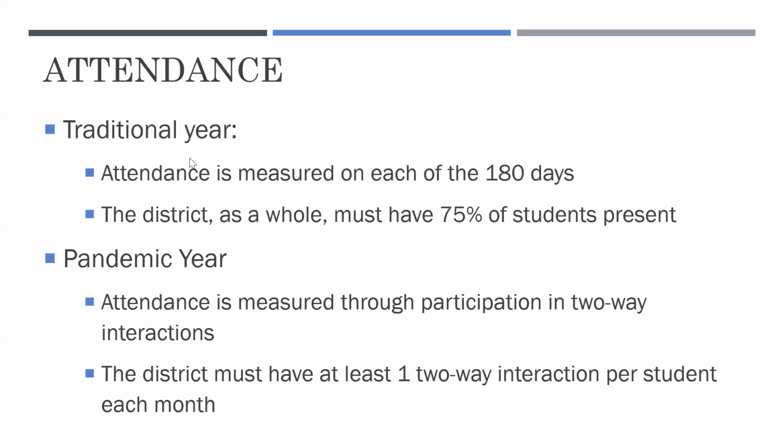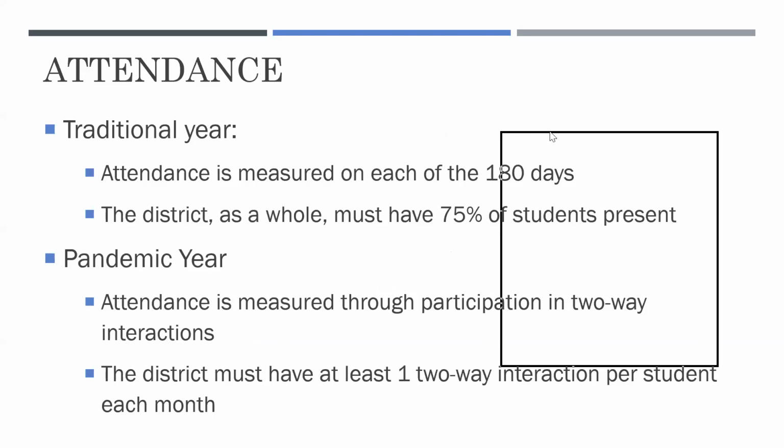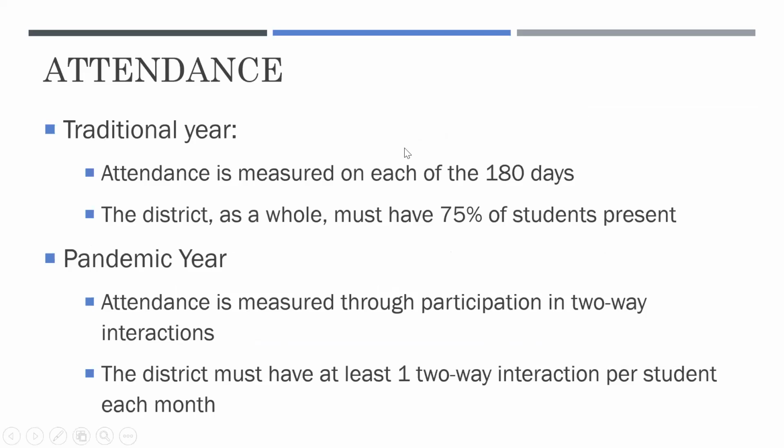So on the next slide here, let me see if I can slide some things out of my way. The next slide, we're addressing what the attendance requirement is. In a traditional year, the attendance requirement is measured over 180 days. The district as a whole, for each day, must hit that 75% of students being present in order to avoid a deduction. Under the pandemic